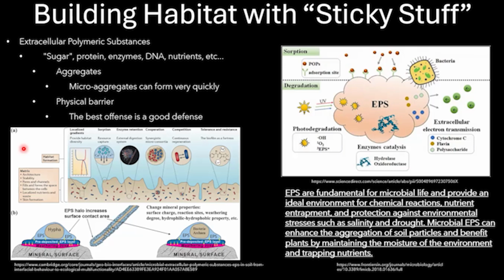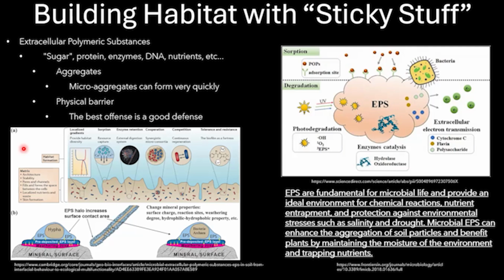Not only that, but this biofilm, being a high carbon material, is also fantastic at trapping the nutrients. So when we get into the idea of this rhizosheath, these sticky root structures that are full of all this microaggregate, that is all bound together by these EPSs, and these EPSs are holding on to enzymes. They're holding on to a lot of defensive molecules as well. These microbes can sense what is going on in the environment. We've talked a little bit before about this idea of chemotaxis, this idea of microbes using different communication molecules. They sense what's going on, and a lot of those molecules get trapped in this EPS, allowing the microbes to sense more of what's going on in the environment around them.